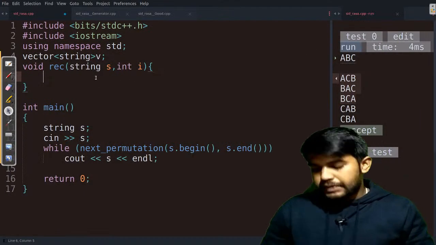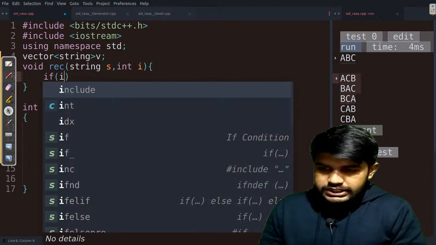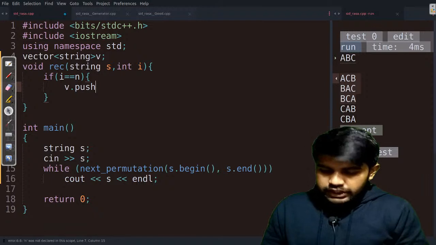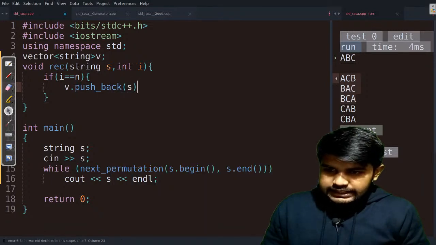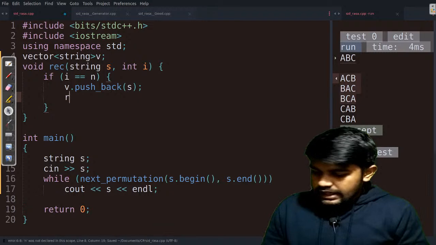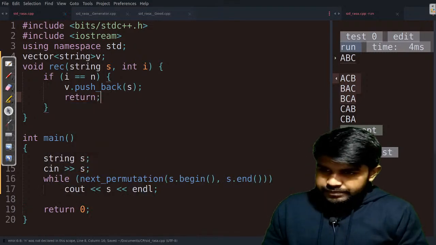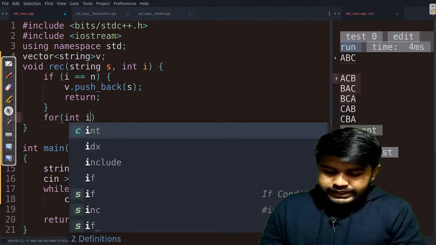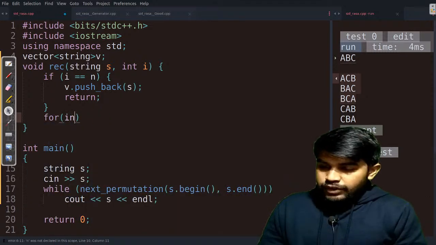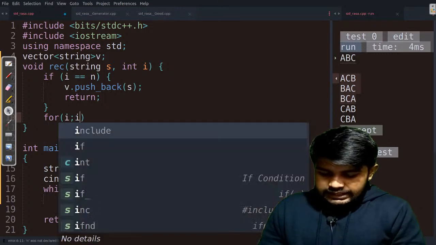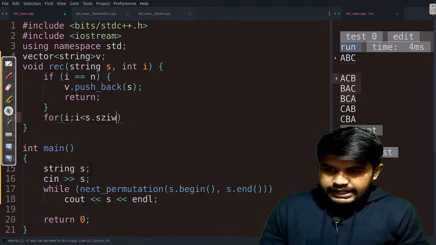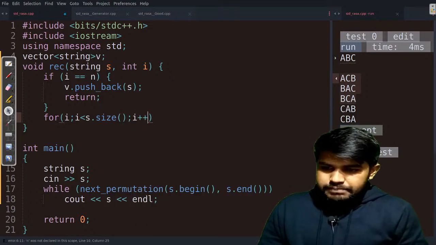Then what we would do is, if we have reached the end, if i is equal to n, then we would just do v dot push back the current string s. Okay, and then we need to return. Then we would have a for loop, int i equals 0, i less than s dot size, and i plus plus.